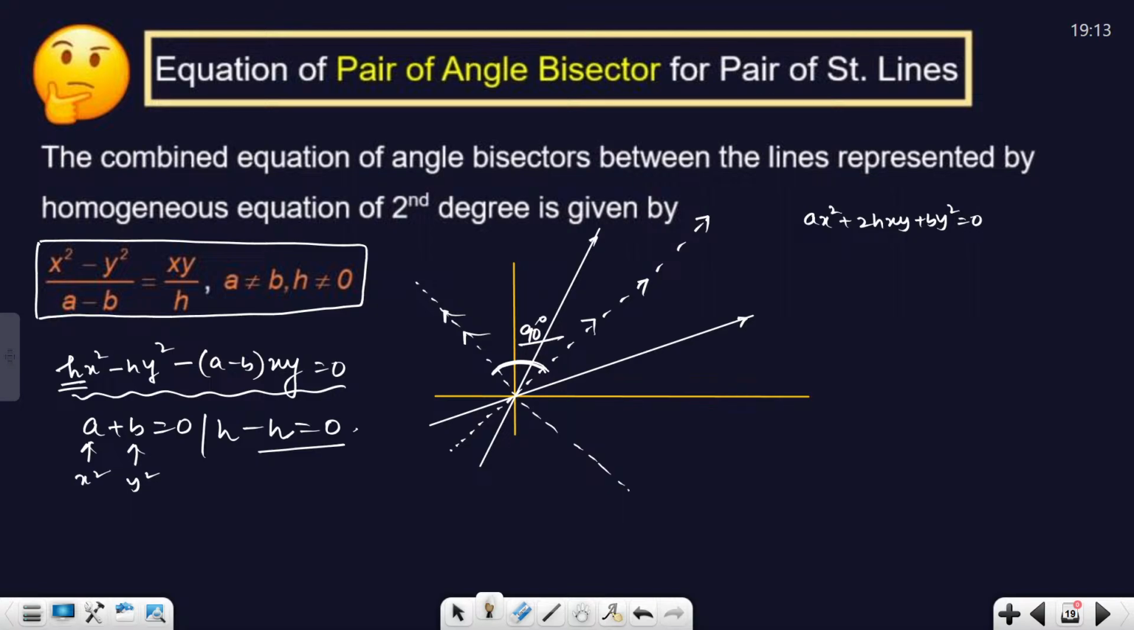Is it clear to all? Absolutely. So you have to remember this, that the combined equation of the angle bisectors of the two given lines passing through the origin, represented by this homogeneous second degree equation, is given by x square minus y square by a minus b equals to xy by h, where obviously a should not be equals to b and h should not be equals to 0, right? Otherwise this will become undefined. Okay,